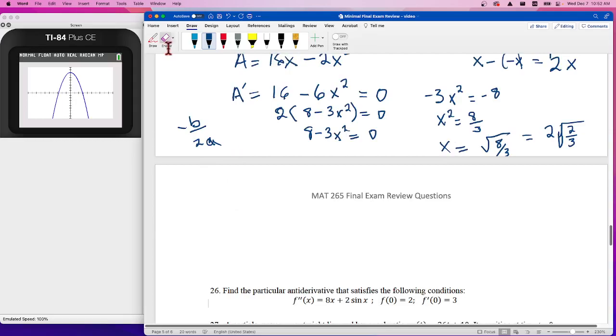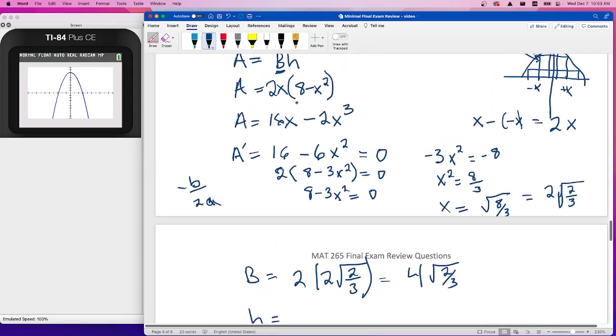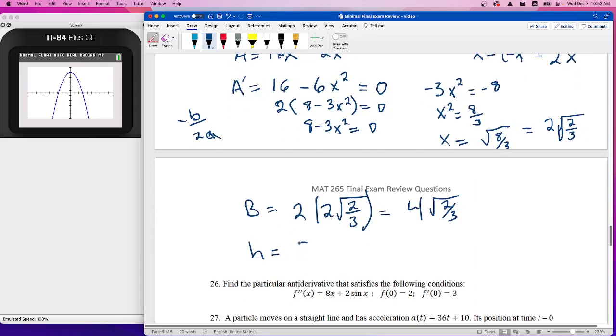Okay, so the base equals 2 times 2 square root of 2/3. And the height, well, we plug this into the function 8 minus x squared. So you're going to get 8 minus 2 square root of 2/3